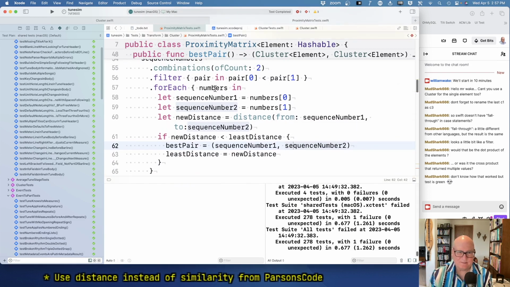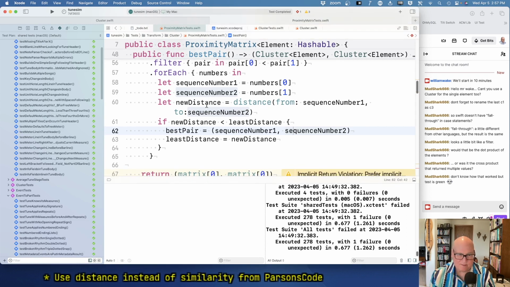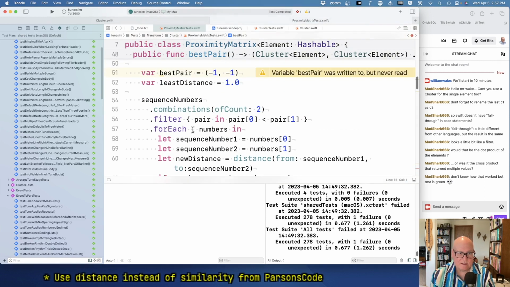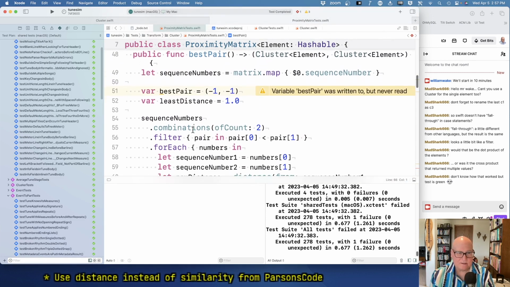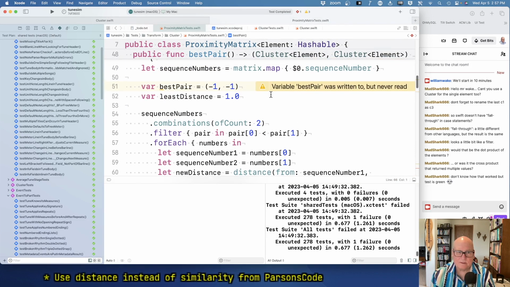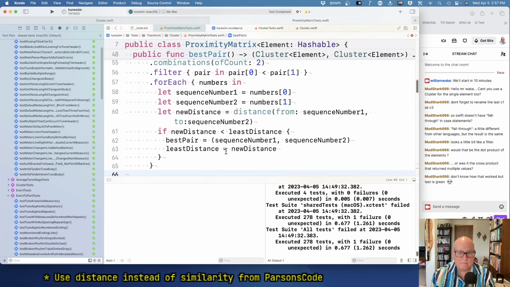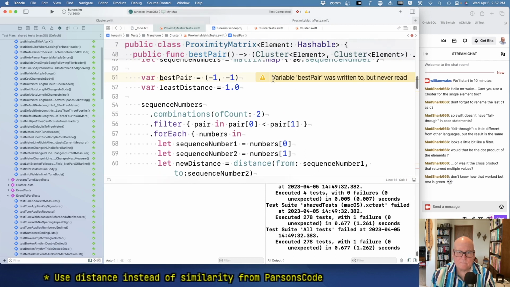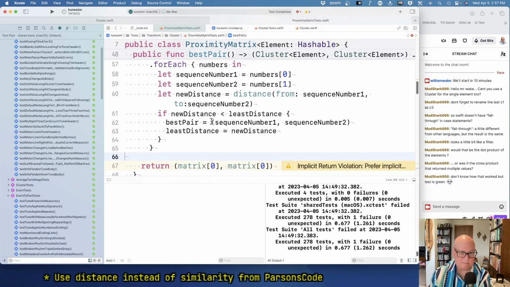All right. It's giving us a pair, an array of pair 0 and pair 1. Okay. If I calculate the distance for these two new numbers, if it's less, so when I get here, I've got the best pair and the best distance. I don't actually care about the least distance. Best pair was never written to. Oh, never read. Okay. Yeah, because my return value, I need to return